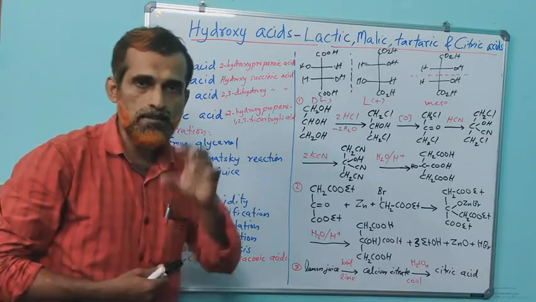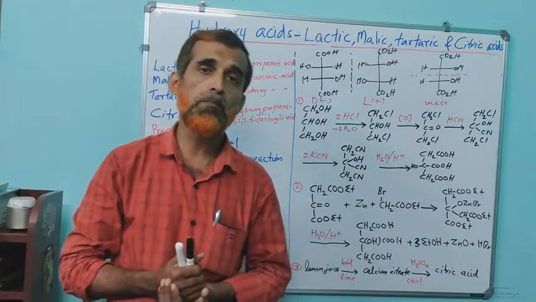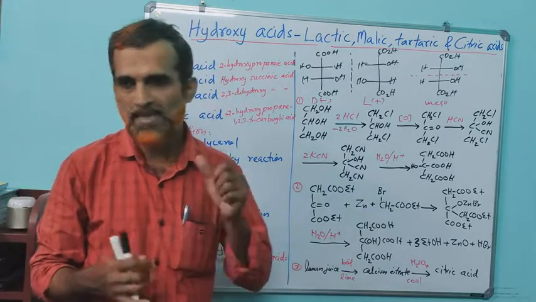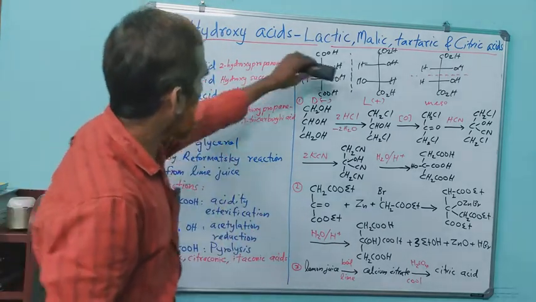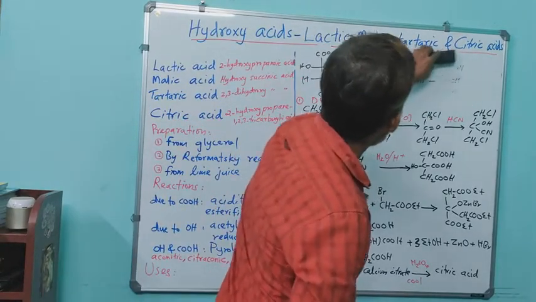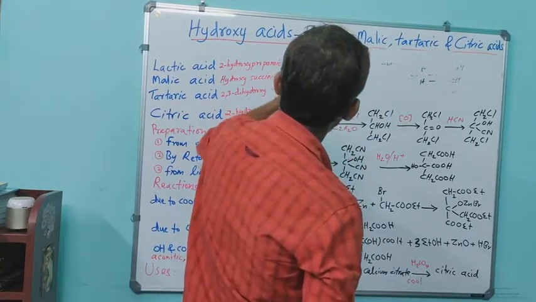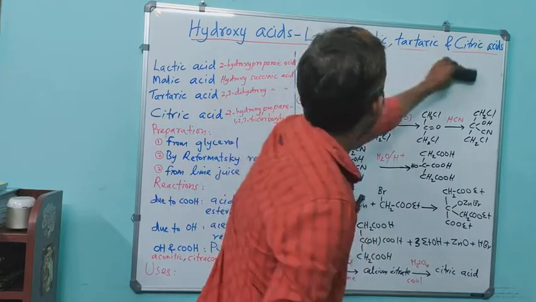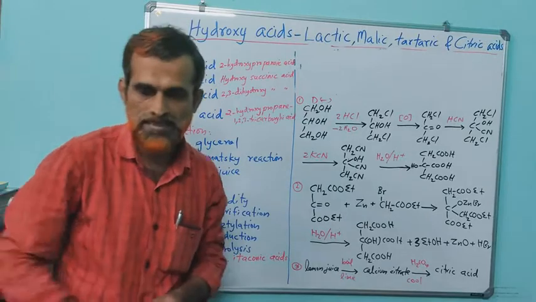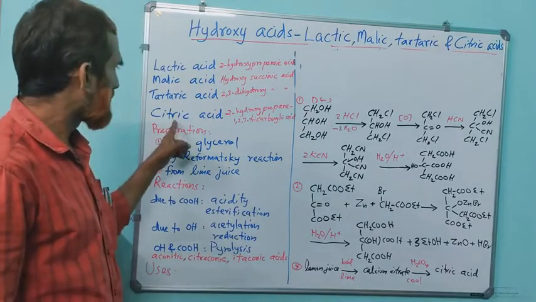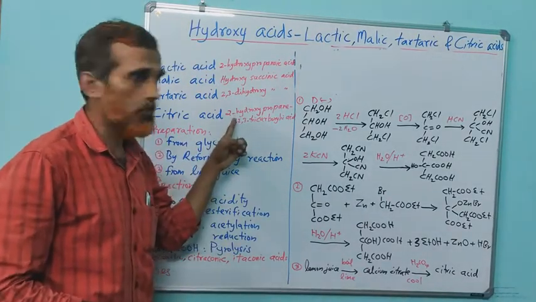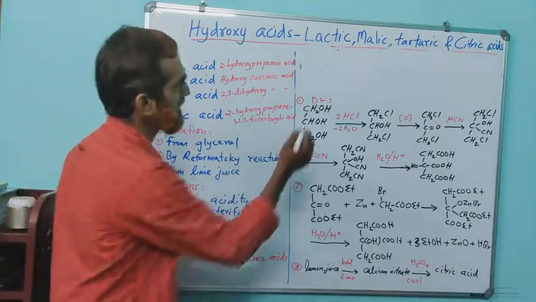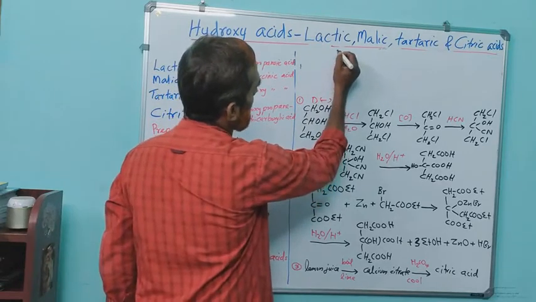Now regarding tartaric acid, it is found to be rich in grapes, especially in grapes. Okay. Now let us go to the detailed chemistry of citric acid. See, citric acid is a tricarboxylic acid. Okay. First, let us note the structure of citric acid. Citric acid is otherwise called 2-hydroxy propane 1,2,3 tricarboxylic acid. So it is like this: